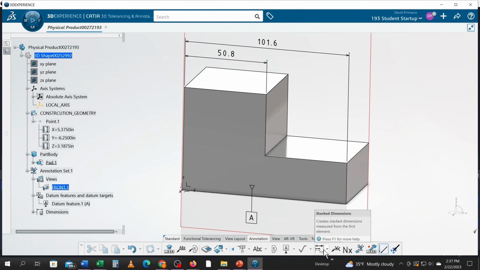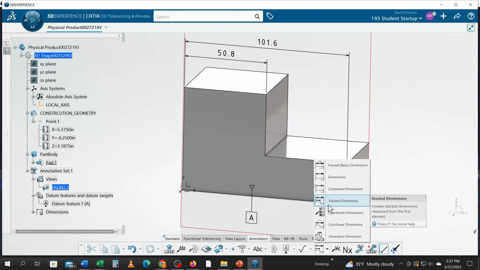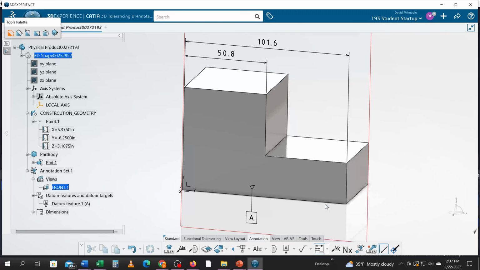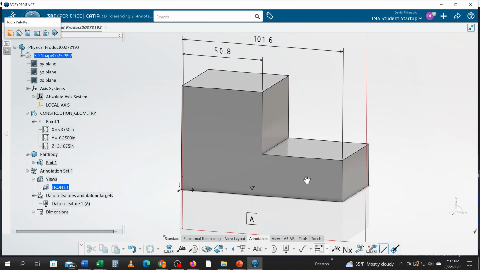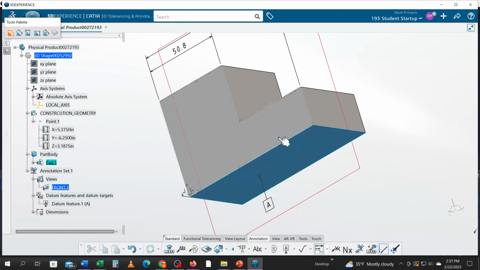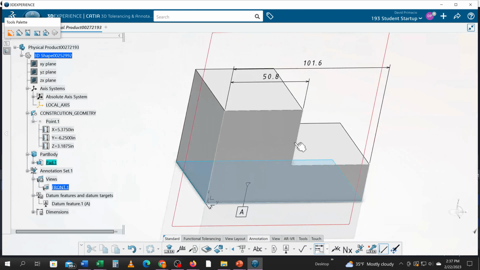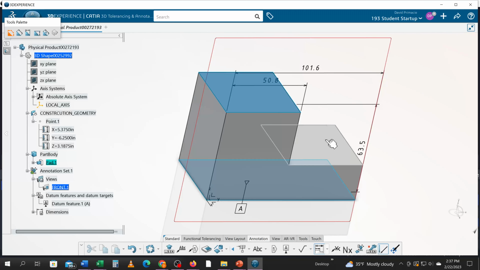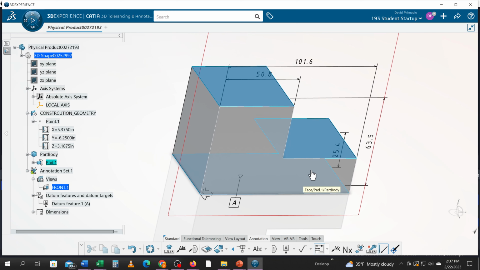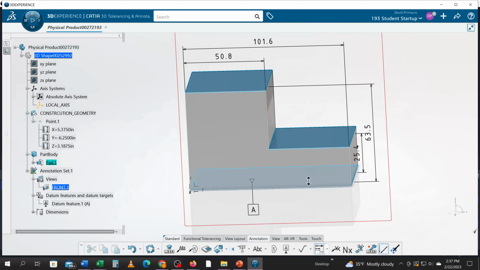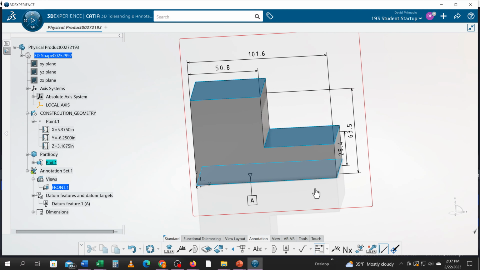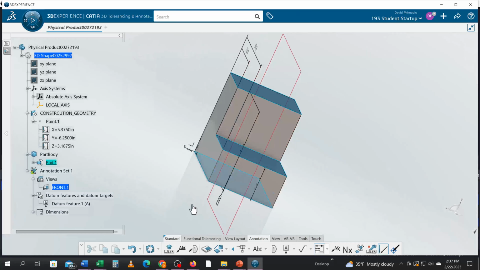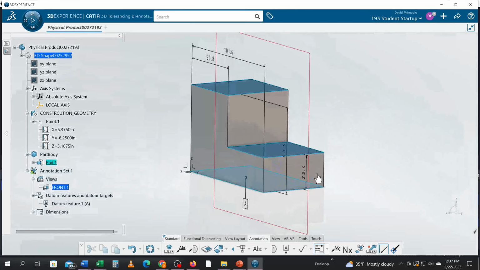Again, what I did was I used stack dimension instead of just doing one dimension at a time. I went ahead and stacked dimension, and just for kicks, let's try and grab the bottom face, the top face, and then this face over here. Oh, I forgot how to set this. But what happens is if I don't grab the line, see how it's kind of offset like that, which technically